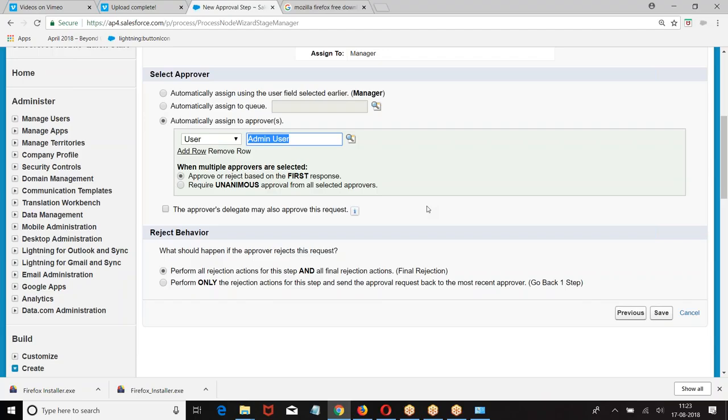Now, if the regional manager approved it, no problem. Manager approved, regional manager approved, no problem. If the regional manager rejected it, the position is rejected, or it should go to the previous step. Step number 1, step number 2, step number 3. 1 is approved, went to 2. 2 is approved, went to 3. 3 rejected. When 3 is rejected, should I come back to 1 or to 2?